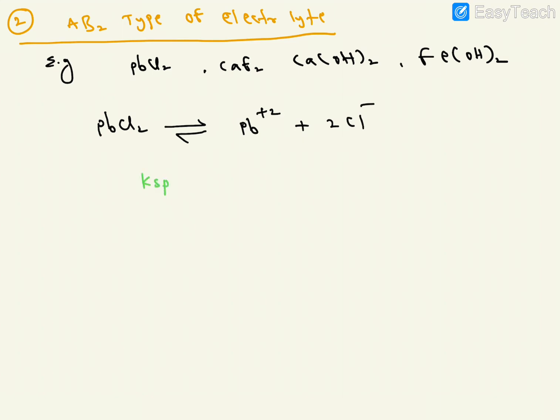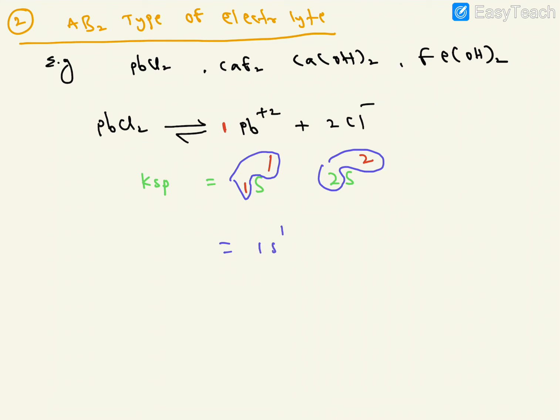So what is the solubility here? KSP is equal to, what are the ions here? Only one Pb ion. How many Cl ions are there here? 2 ions, which is 2s. What is the stoichiometric coefficient here? The stoichiometric coefficient here is 1. So here 1, and here how much? This is 2. Already I said the first thing: the stoichiometry here is 1, right? So the first thing we have to do is multiply these two.